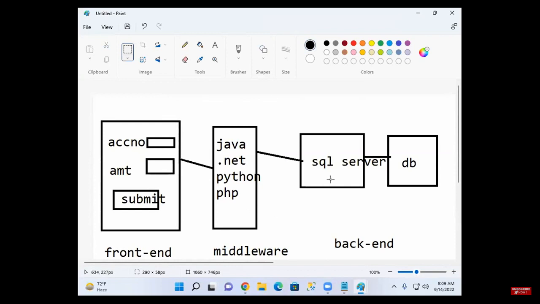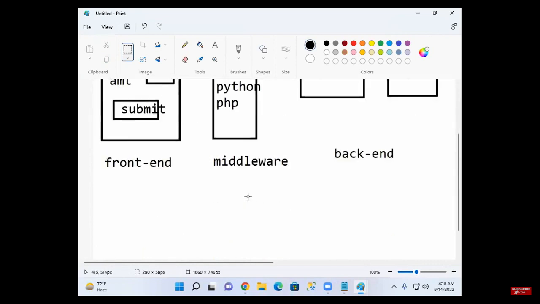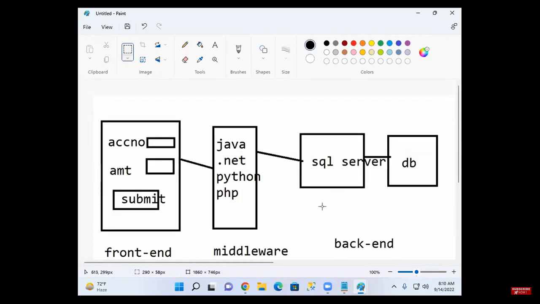What is this whole thing called? Full stack development. This is a full stack application. Full stack development contains three parts: front end development, back end development, and middleware development.